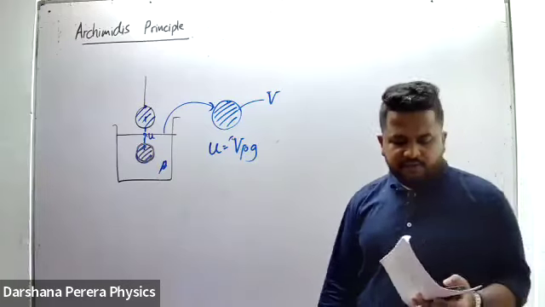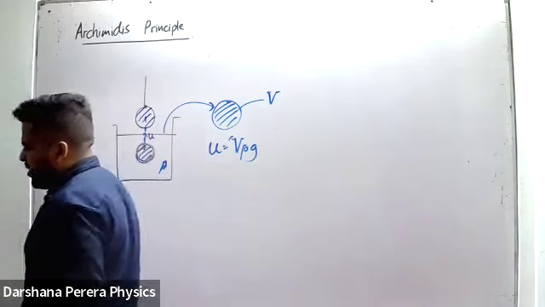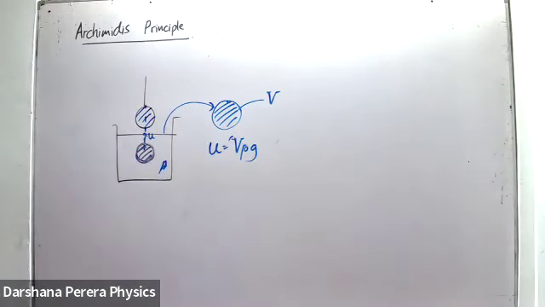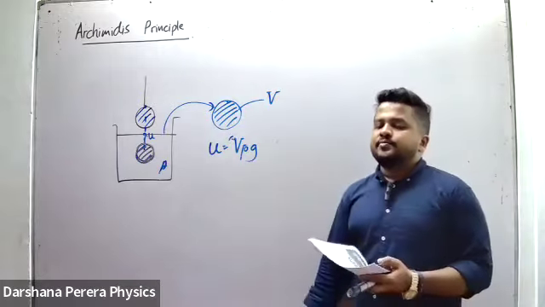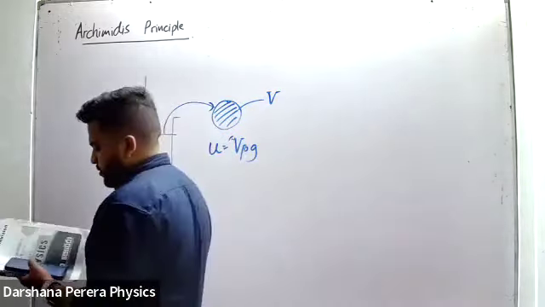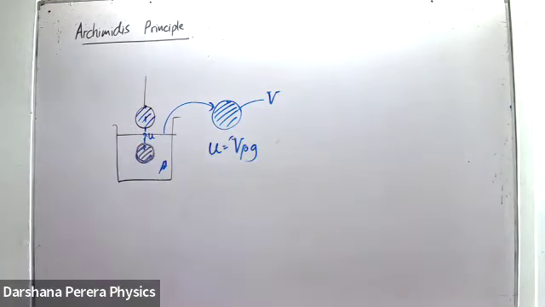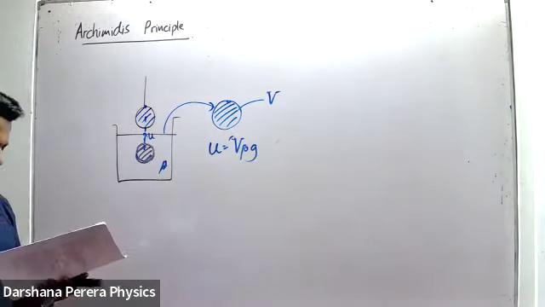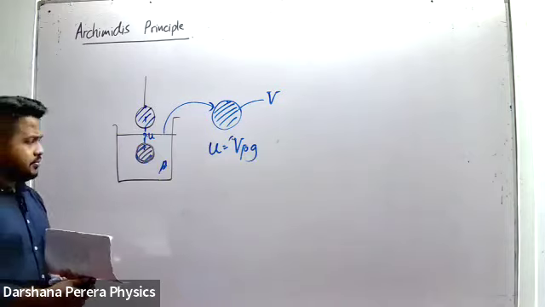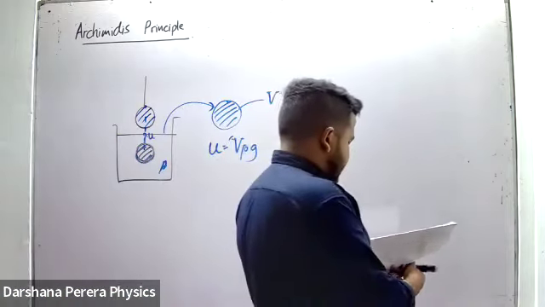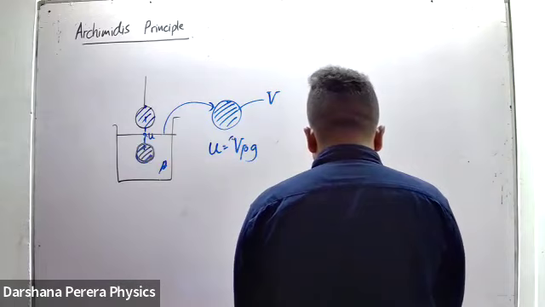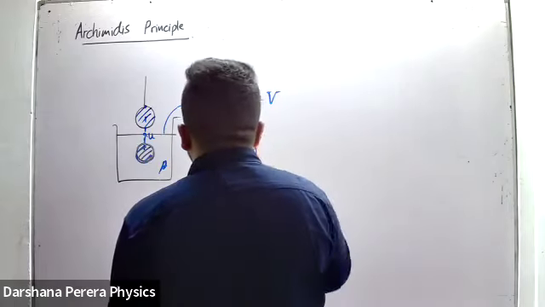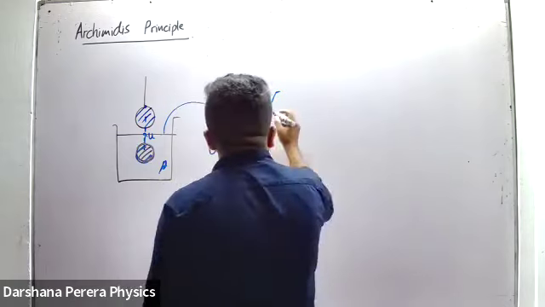If the volume V of the body is immersed in a fluid of density rho, the upthrust according to the Archimedes principle is equal